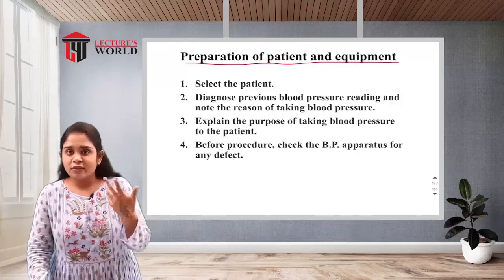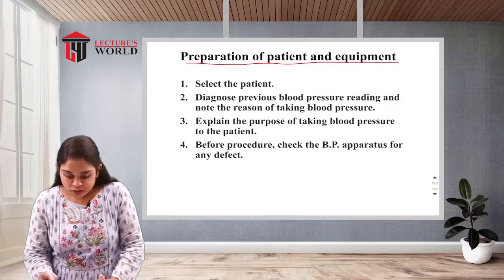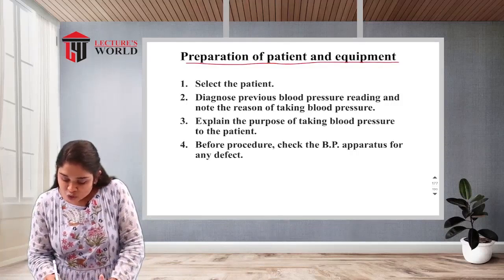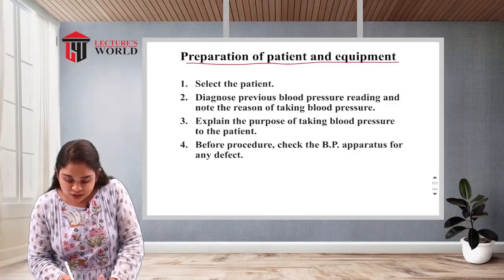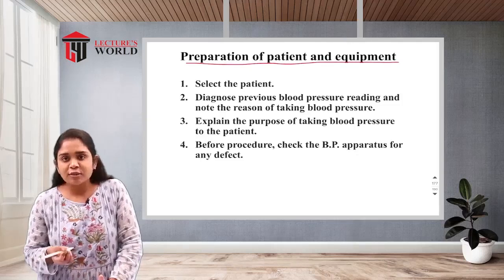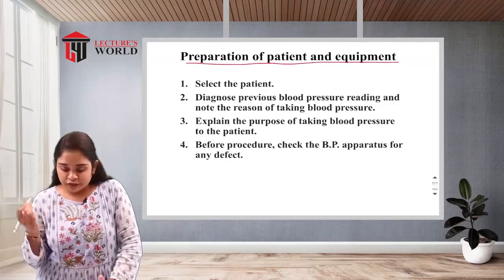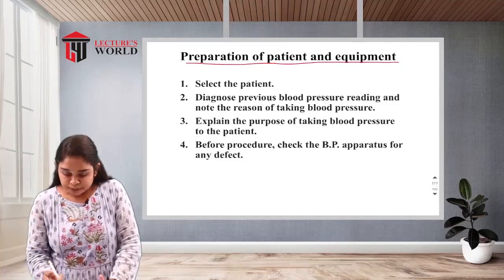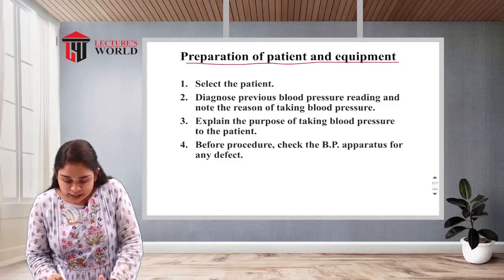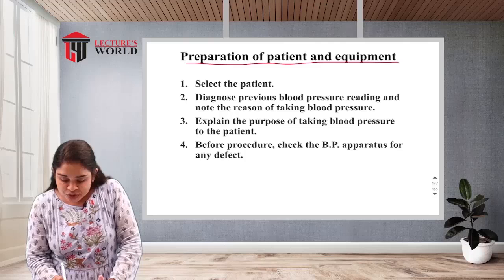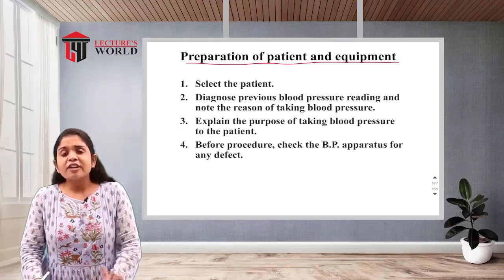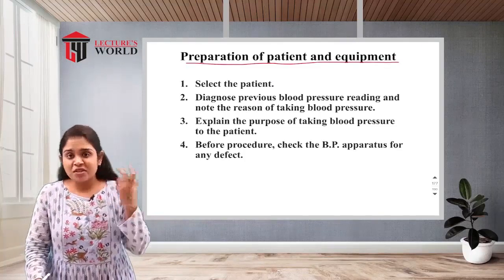So we will see what it is and how it will work. The sphygmomanometer is usually called the blood pressure cuff. That is also another name, you can say blood pressure cuff, otherwise a sphygmomanometer. Different types of blood pressure cuffs are used to assess the blood pressure. There are different types of blood pressure machines available.